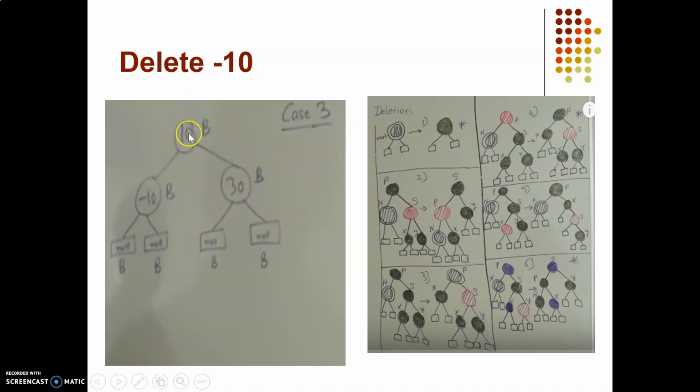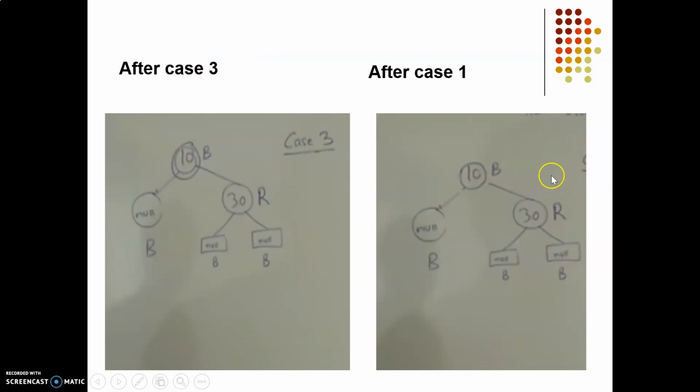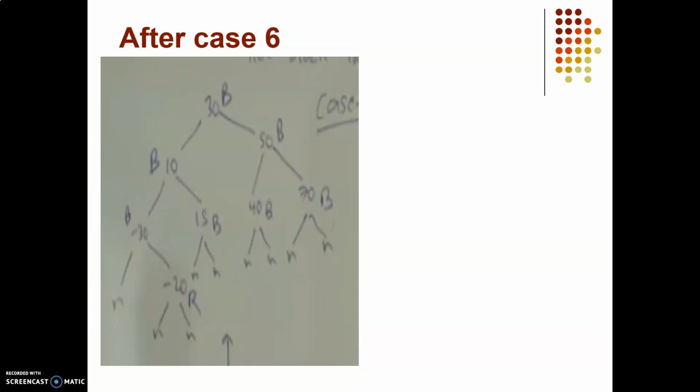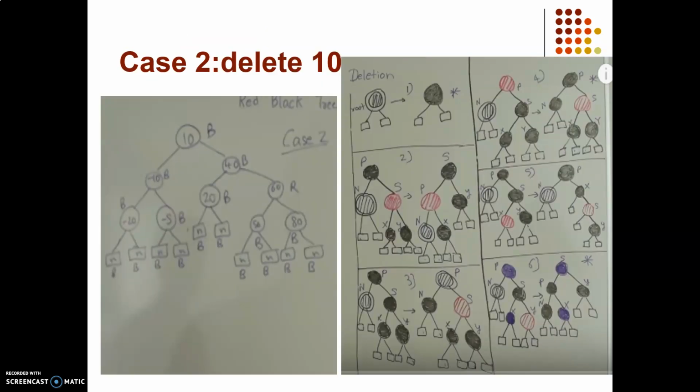The root cannot be double black, so we can remove one black. So what will be my case? This will be black. This will be black. This will be red. So this is black, this is black, this is red. So you just have to check the cases and do the rotations. Please see the cases one by one. Do it by yourself by checking the cases and you will get to know.